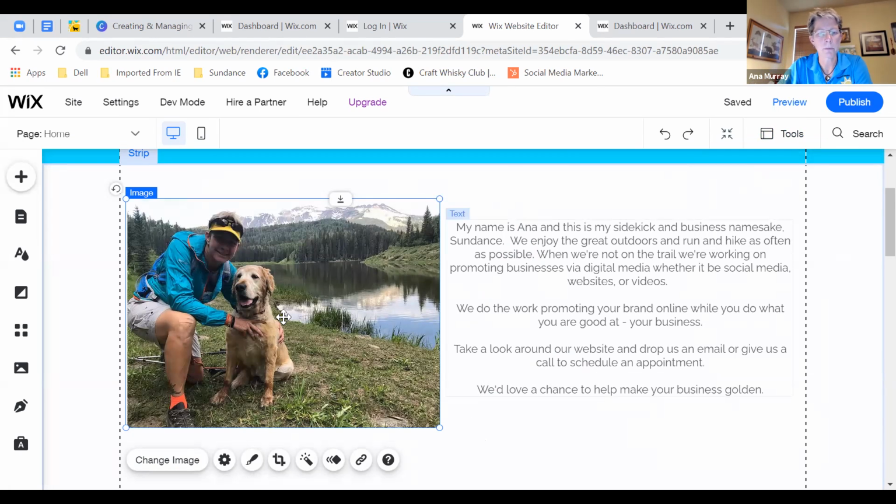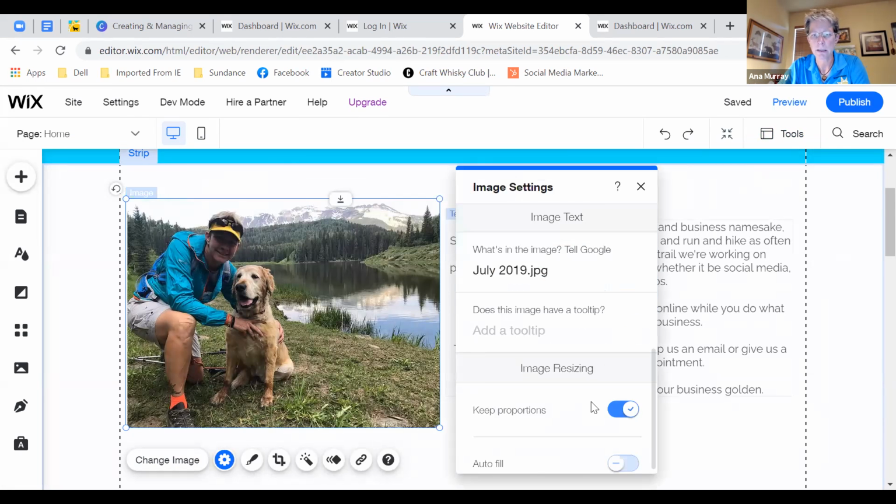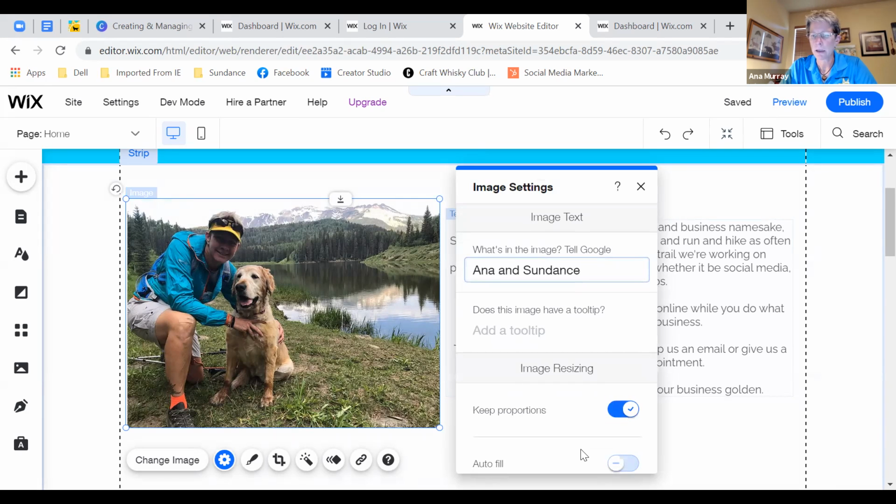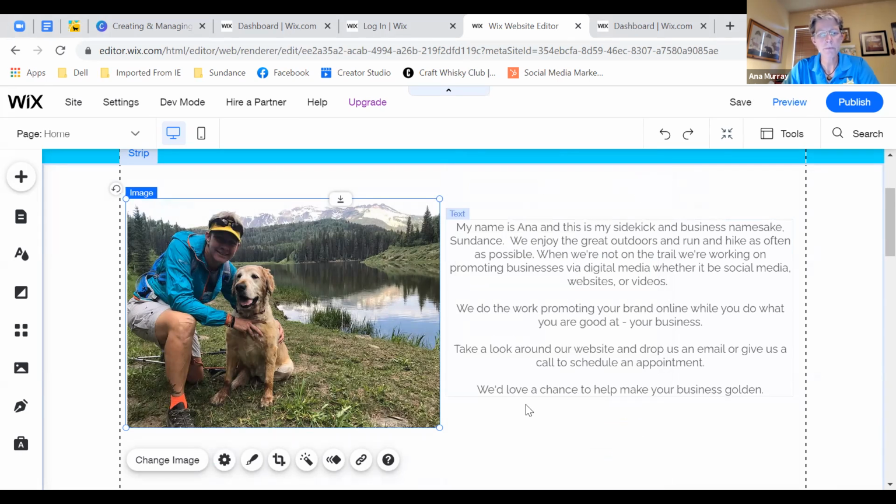Changing the image, again, you can upload to your editor. And when you do, you want to make sure that you have, what is this image? That is not a good name for my image. It should be Anna and Sundays. That's my alt tag. That is good for people that have visual impairments. Why in the world did I forget what that's called? But basically you have